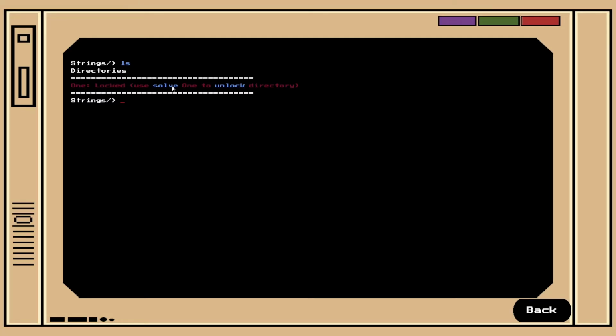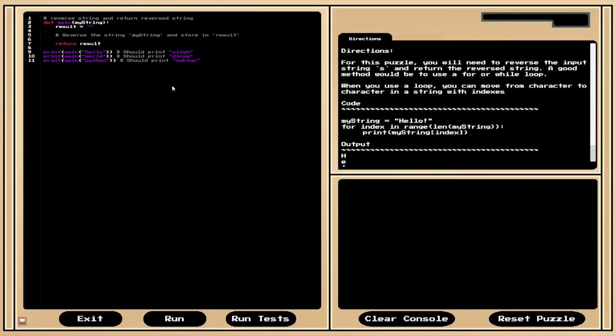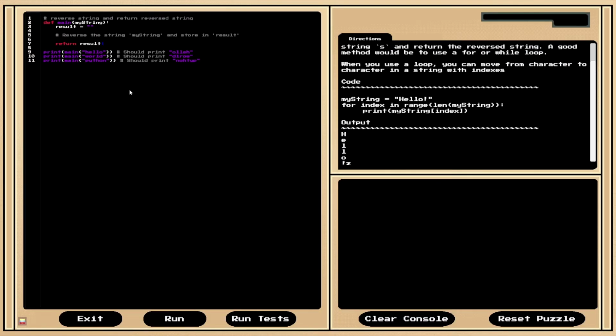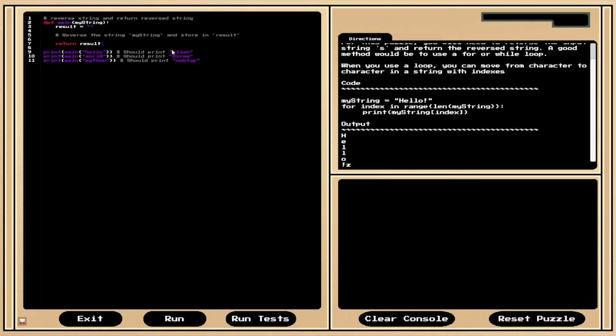we'll see the first locked directory. We see it's locked, and then we see a helpful hint. We can use solve1. So we can do that, and it'll bring us to our first coding puzzle. So we'll have directions right here, and then we have some starting code. So we can do, actually first, just run it. And nothing happens, but